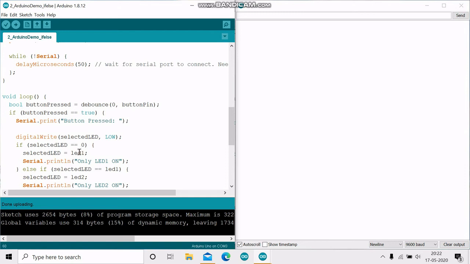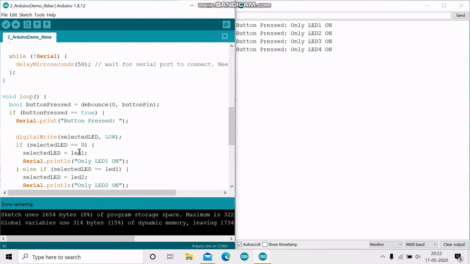This sketch is already programmed to my Arduino board, so I will show you a demonstration by pressing the switch. The first time I've pressed the switch, LED 1 is on. Now LED 1 has turned off and only LED 2 is on. LED 2 is turned off and only LED 3 is on.